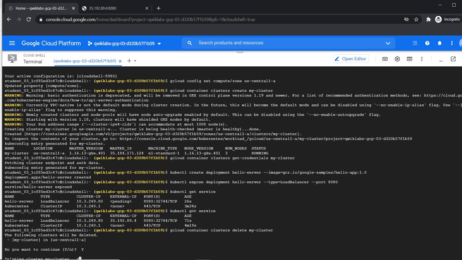This is the same as when we want to host some website. So we have to use Kubernetes.